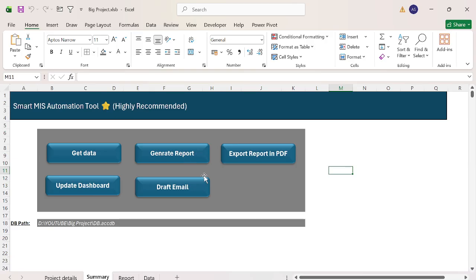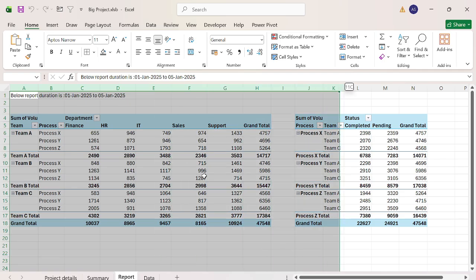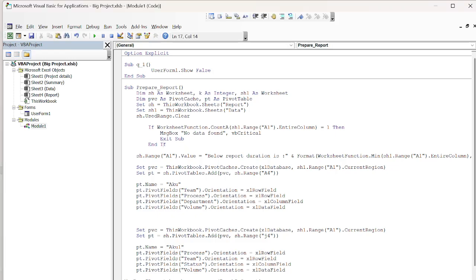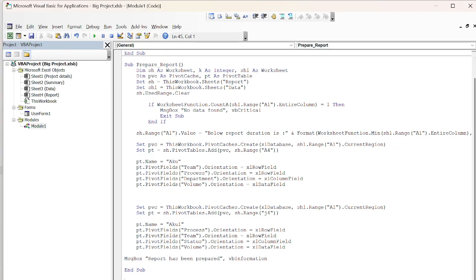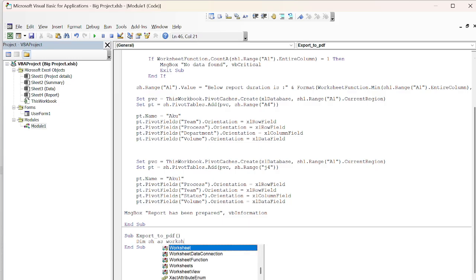Next, the very important thing is we would like to export these two reports into PDF. So we have to set that up as well. Let's write a code here. Sub procedure ExportToPDF. Dim sh as Worksheet. Set sh = ThisWorkbook.Sheets, the report sheet. sh.Range from A1